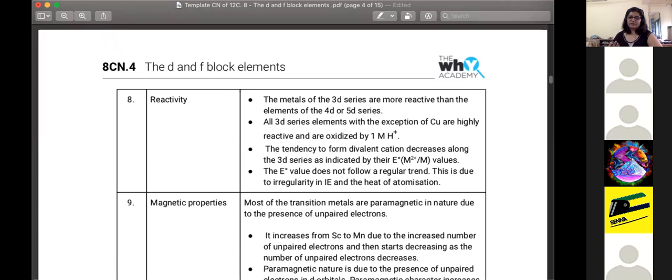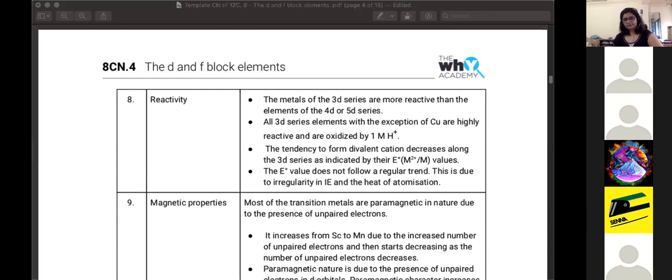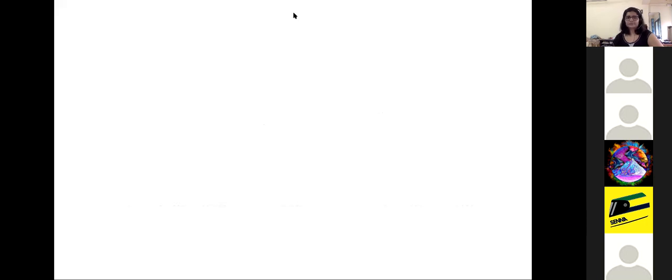What does knowing the standard electrode potentials tell you, or what is the significance? What do you understand through standard electrode potentials? It depends on the reactivity, like the ability of that particular element or ion to displace other things which are lower in the reactivity series as compared to that element. Awesome, very good. So that's exactly what it is.